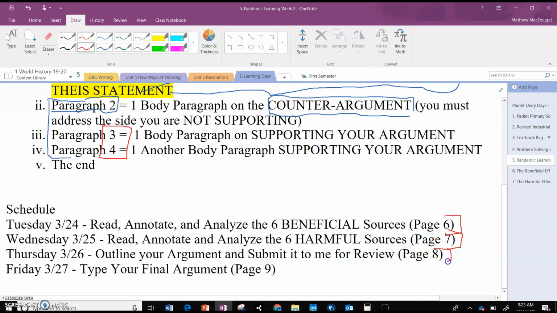On Thursday you'll fill out a brief outline, and then by Friday you should be typing and submitting it to me. So today's assignment says right here, you're going to read, I even tell you that these first 6 documents are the beneficial documents, and it's on page 6. So if you click over on page 6,